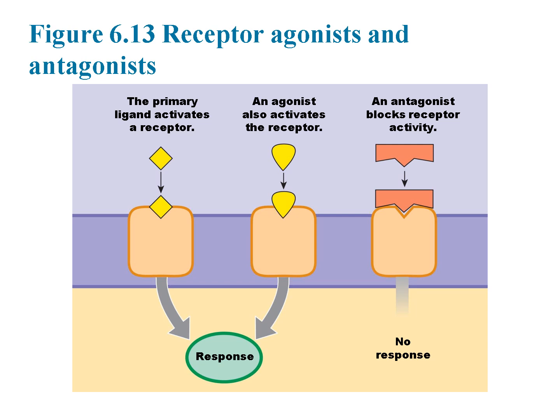On the right, we see the role of an antagonist, a ligand that binds to the receptor but blocks its activation. Unlike an agonist, an antagonist prevents the primary ligand from binding and does not trigger a response. For example, beta blockers are antagonists that block adrenergic receptors, reducing the effects of adrenaline and helping to lower blood